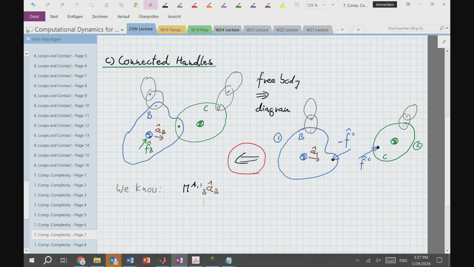When we do a free body diagram, these accelerations don't change. And that mass times acceleration is going to be equal to some bias acceleration,